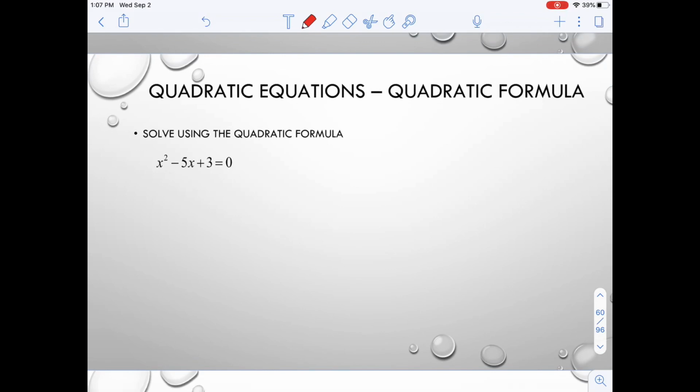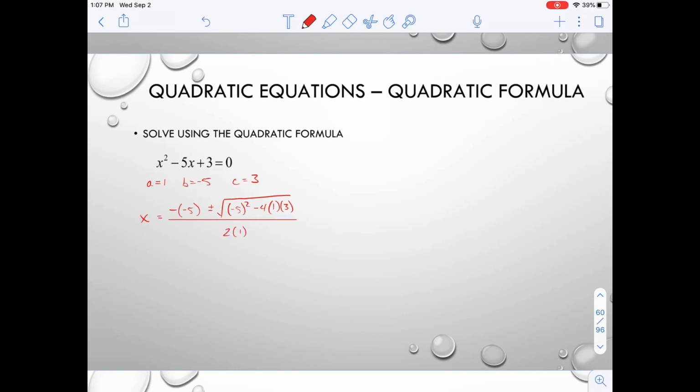So if we're going to solve using the quadratic formula, again, we want to make sure it's set equal to 0 before I proceed. But here I have x squared minus 5x plus 3 equals 0. So a is 1, b is -5, and c is 3. So when I substitute in, x equals the opposite of b, so the opposite of -5 plus or minus square root of b squared minus 4 times a times c, all divided by